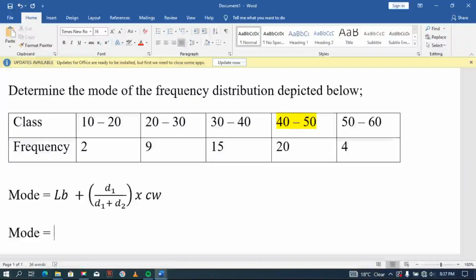Now the formula wants us to use the lower class boundary. Remember, these are exclusive data. For an exclusive kind of data, class limits act as boundaries. So in this particular class, which we consider to be the modal class, the lower boundary is 40. So we shall have 40 plus